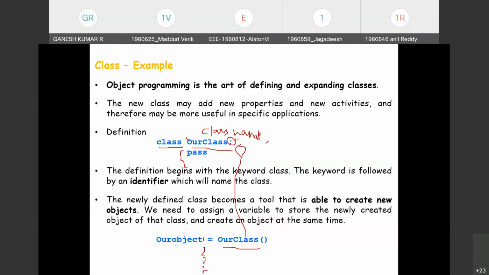Define a class with a keyword, followed by objects being defined. Their properties are further defined and explored for the programming executions. Okay. Is it clear? Any doubts?